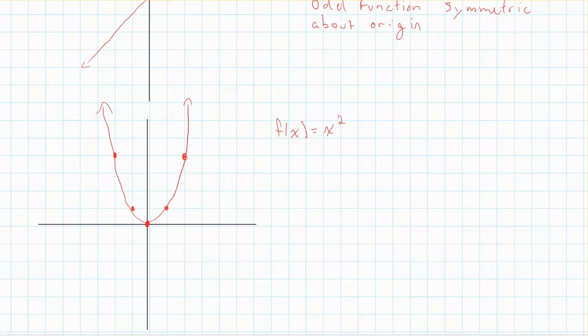Now, of course, we want to talk about domain and range and all that other good stuff here. So the domain of this, well, again, I can put in all real numbers, so this is just R. Now the range here, these are the outputs that I get, and one thing that we can see pretty straight away, if you have x squared, you're never going to get negative numbers. So the technical way to write this is to write it as non-negative